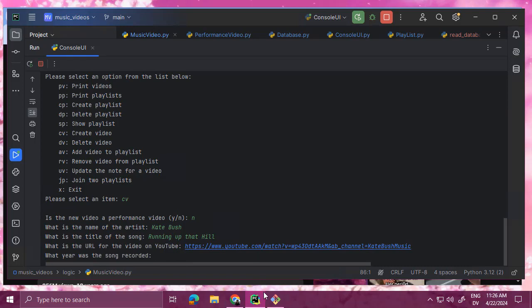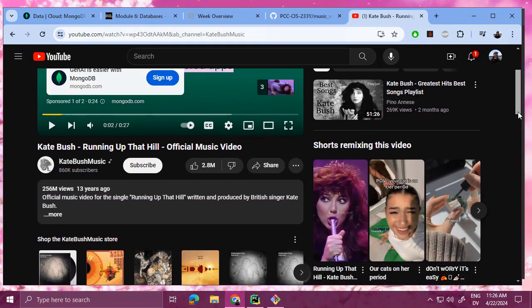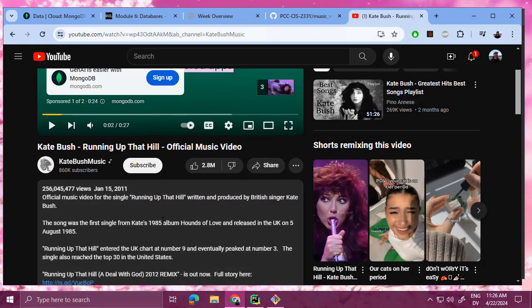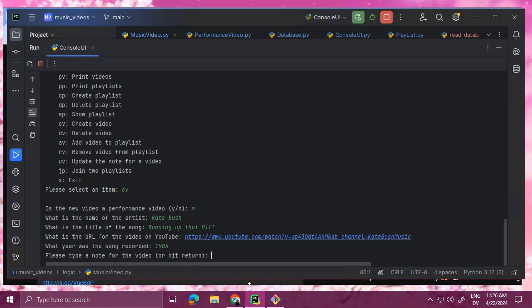And then year. I'm actually going to keep this, so it's worth the effort. Okay, so this was released in 85. And then Kate Bush